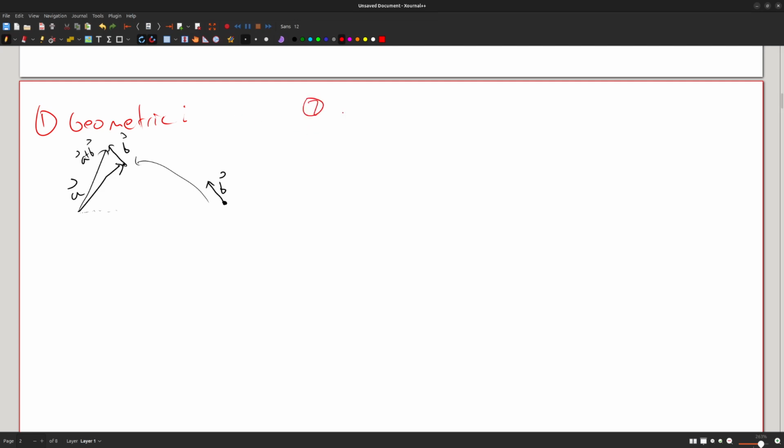The second definition is the component definition. So, for example, over here, A seems to have a length of what, 1, and 1 on the y, we'll just say that. So A is just (1, 1), because it's 1 in the x direction, 1 in the y direction. B, on the other hand, seems to be, let's say, negative 0.3 in the x direction, positive, let's say, 0.5 in the y